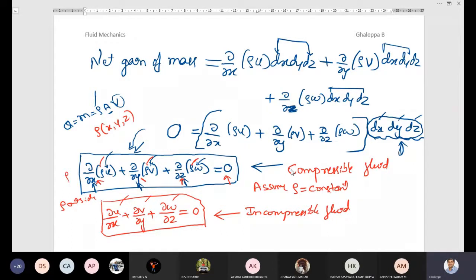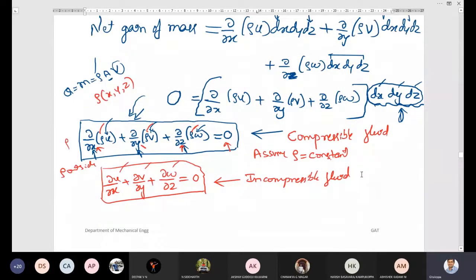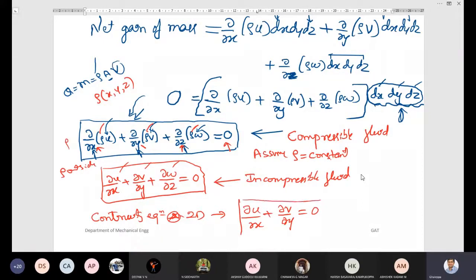Dear students, can I ask you, can you write the continuity equation in 2 dimensions? If I ask you to write the continuity equation in 2 dimensions, only in x and y, how will you write it? Only x, y. It is a duct. There is no velocity in the z direction. Remove that dou by dou z, sir. Yes, it's just simple, sir. So dou rho u by dou x plus dou v by dou y, if you write and equal to 0, this is the continuity equation for 2 dimensions.